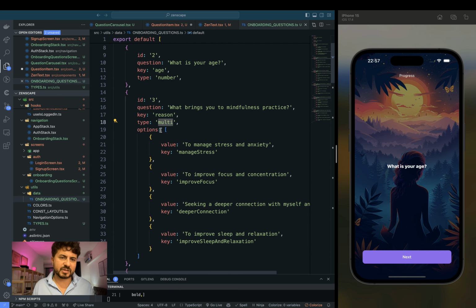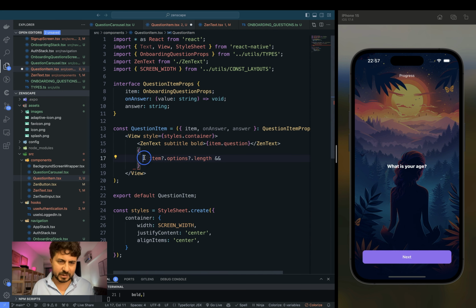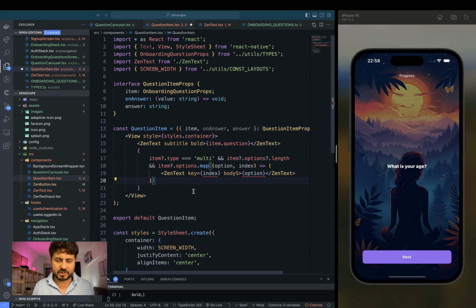Or we can just use this type multi. We can just make it, if the item dot type is equal to multi and it has options, we map through this